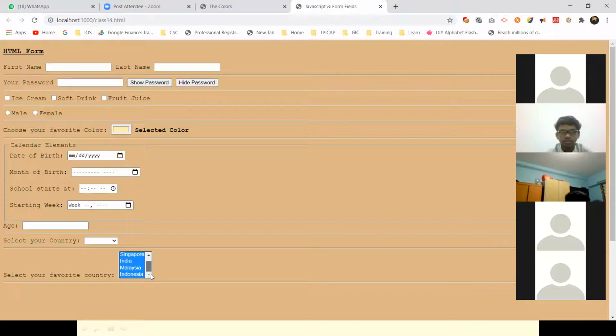Okay, you can select. So I selected all countries, including empty. So it's up to you. So this is one type of input field. So you can select multiple. If you see this one, I selected Singapore and Malaysia, right? It's like I'm selecting ice cream and fruit. So 2 checkboxes here, and then I can select 2 here. If you see this one, I can select only one, Malaysia, and here also I can select only one, my radio buttons, right? So either male or female.